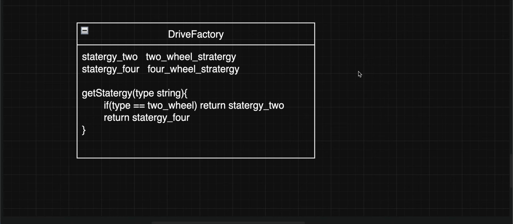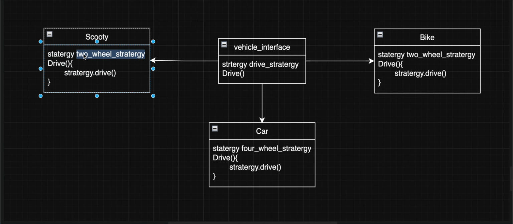Okay, so in this get strategy we can pass whatever parameter we want. Also, this can return you the strategy which you want to use based on environment variables or some config variables. Any type of logic you want to implement, we can implement in this get strategy. And what we have to do here now is, we don't need this strategy here. We need a factory here. Okay, and it will be a drive factory. And now when we want to call our drive method, we'll be calling something like this: